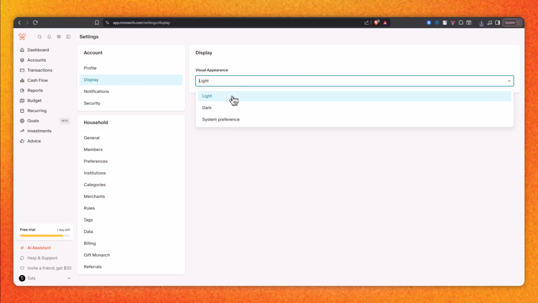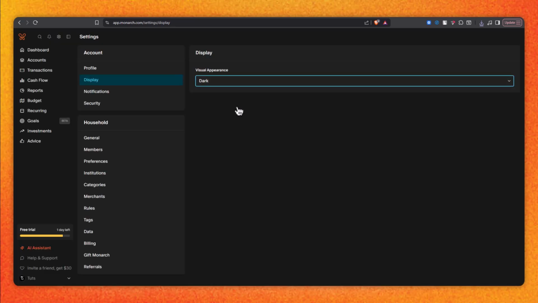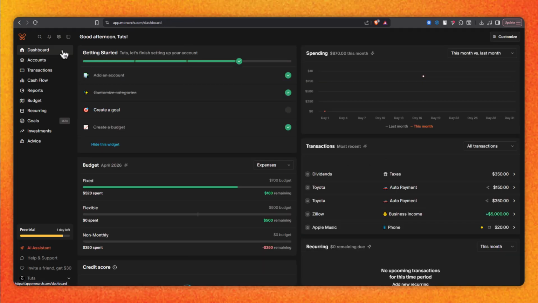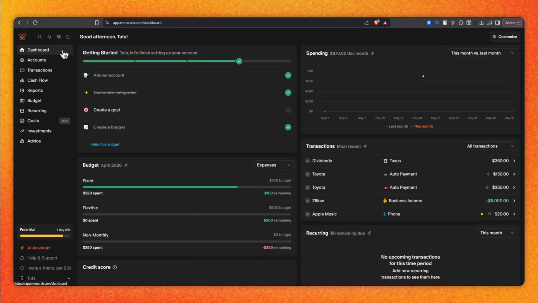Light mode keeps the interface bright and traditional. Dark mode switches to a darker interface that is easier on the eyes, and system mode automatically matches your device's theme settings. Once you select your preferred option, the change applies instantly across the entire platform, including your dashboard, budget,